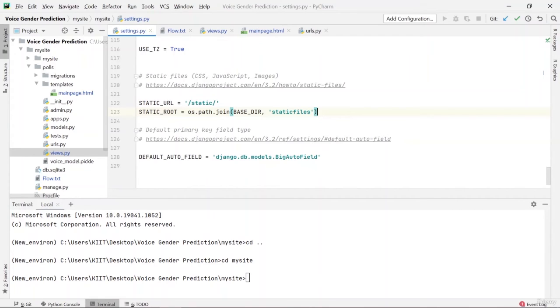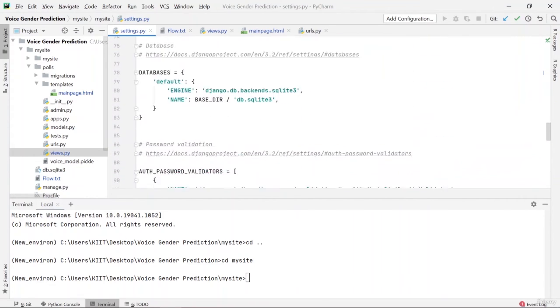This line is basically telling you that all of the static files that you can see, the CSS files, JavaScript files, images, all of them have to be amalgamated into one folder, that is static files, when you have shifted your code to production, so that the server understands that the files are not diversified into different places inside the code, but are present in just one place, and it would search at that one place only.